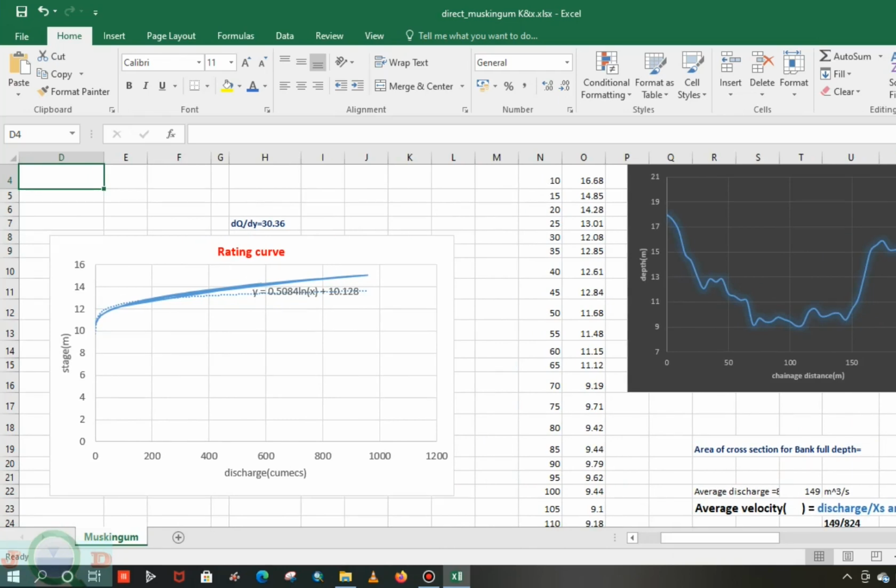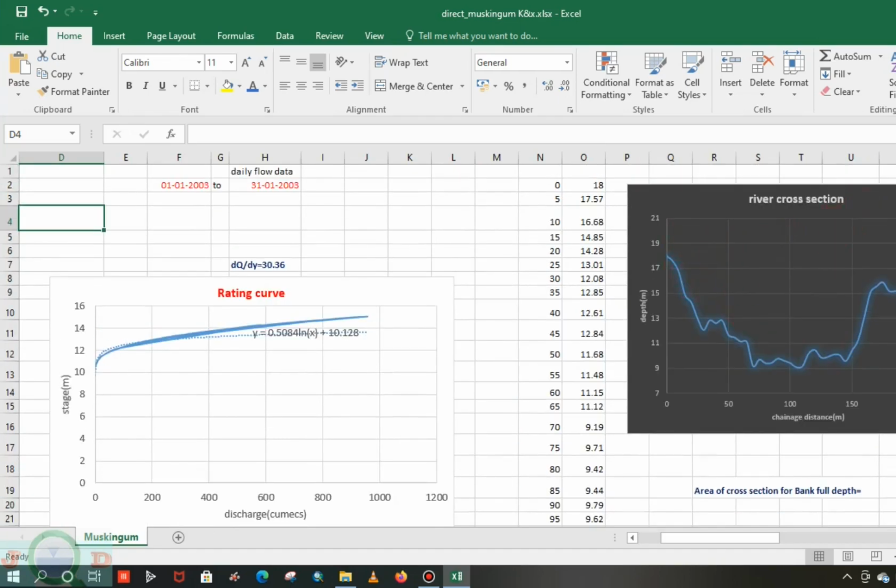So now come to the river cross section on some reaches of the upstream where gauging stations are located. You can look at the cross section, and here you can see the top width is near to 230 meters. This is measured with a 5-meter chain across the stream. So you need to find this area.